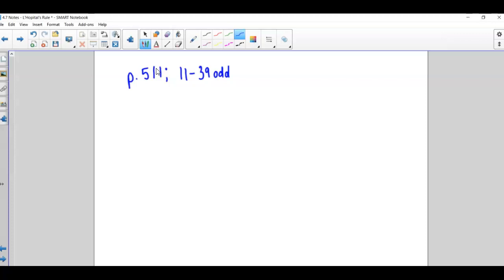There are a couple that have some inverse trig, like arc sine and stuff, so you might have to pull out that note card to